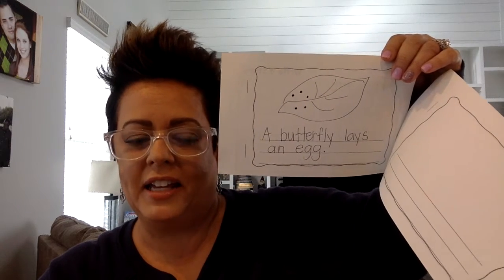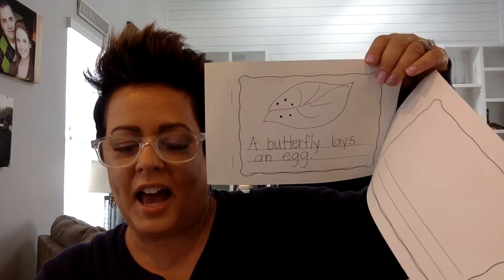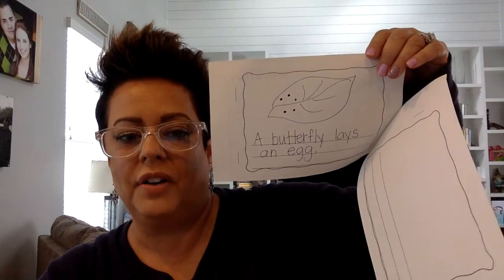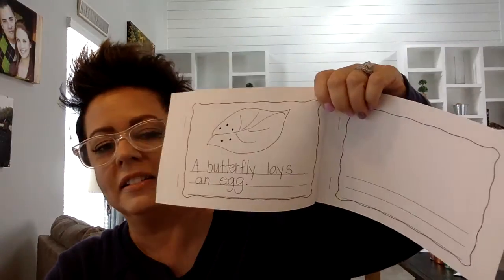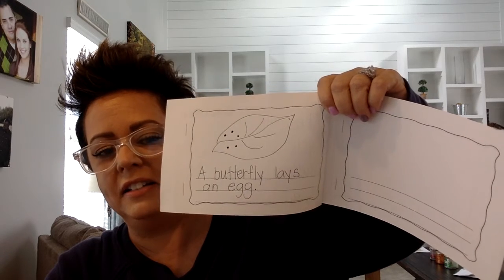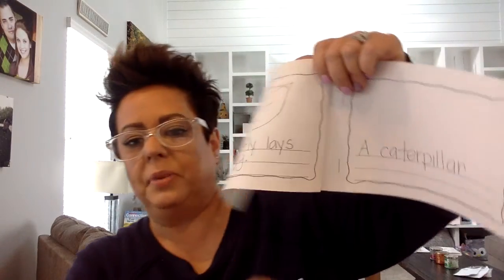So we're going to write a caterpillar hatches out of the egg. So I'm going to try and write that sentence. Let's see. We'll write that sentence on our next page. After the butterfly lays an egg, a caterpillar hatches. A caterpillar, that's a long word. A caterpillar,